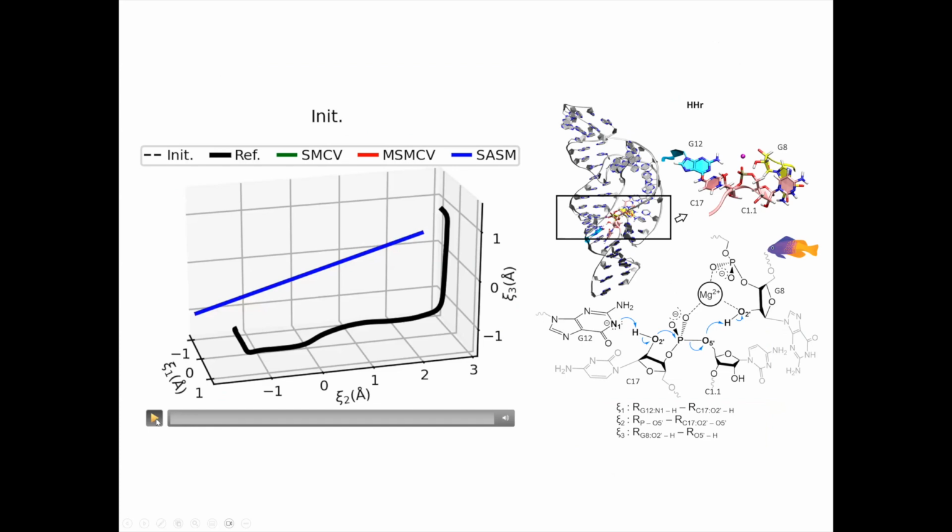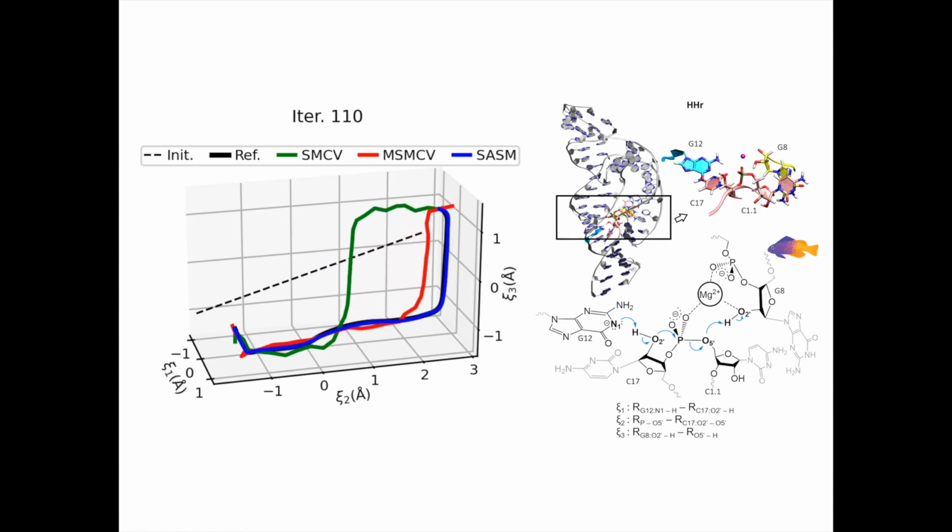We're going to again compare on the same graph all three of those methods just to show what some of the problems are. So what we see, the blue is our surface accelerated string method. The red is a modified string method in collective variables, and the one in green is the original string method in collective variables. And you can see that the green one gets stuck, in fact doesn't even converge.